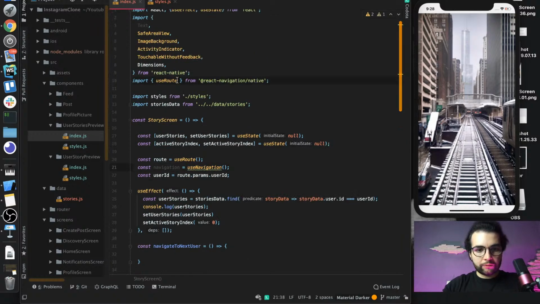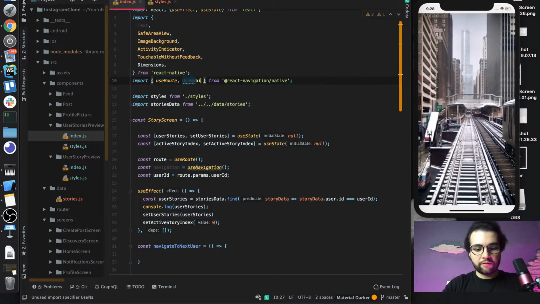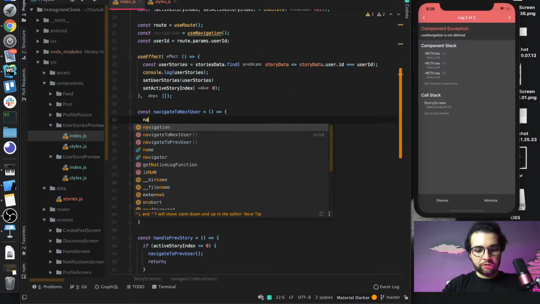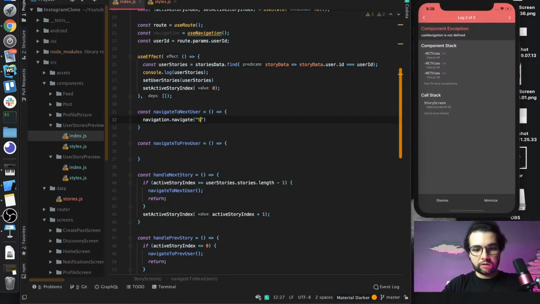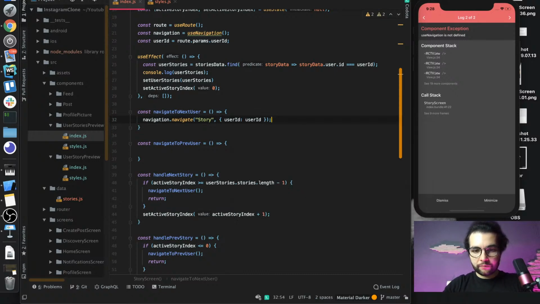We import it from the same library, useNavigation, and using navigation we navigate to story, and for the user ID we give user ID